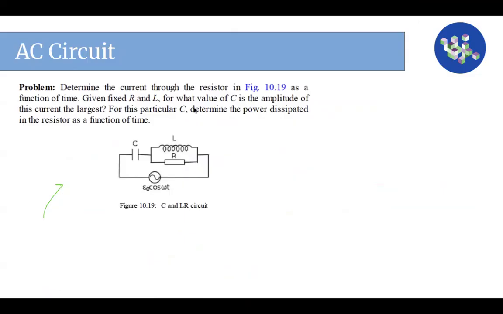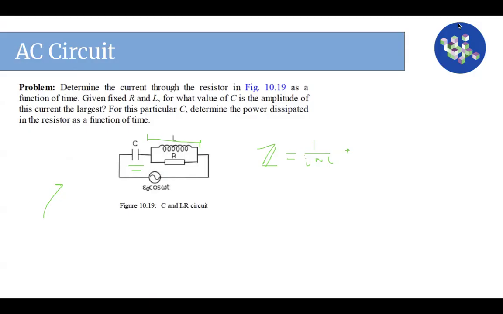Just remember, to solve this problem, use the complex impedance. The total complex impedance Z is equal to, for this one, 1 over i omega C. And then what's the complex impedance of this? Well, remember, complex impedances are just like resistances: they add in series and parallel. So if you have two elements with two complex impedances,